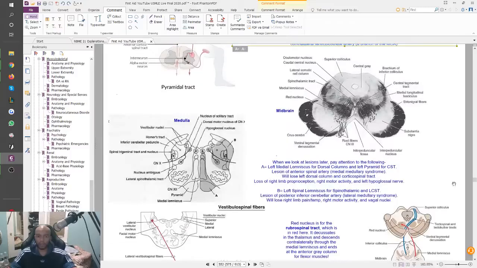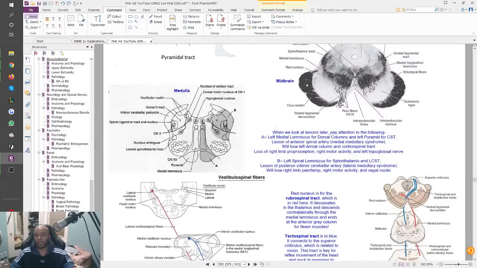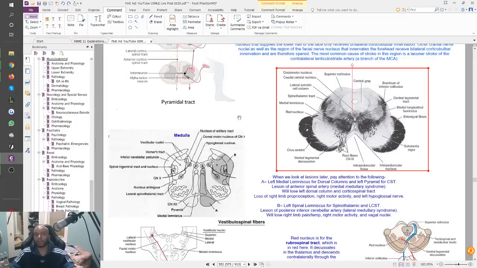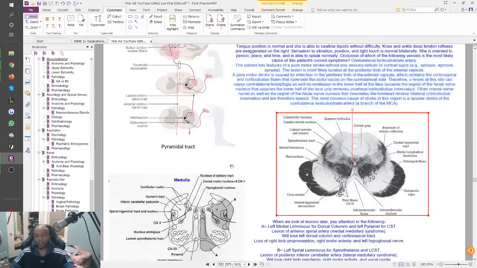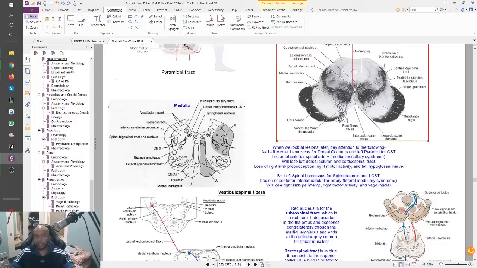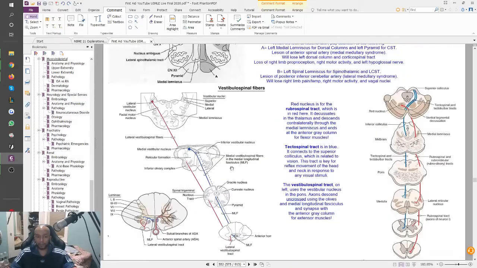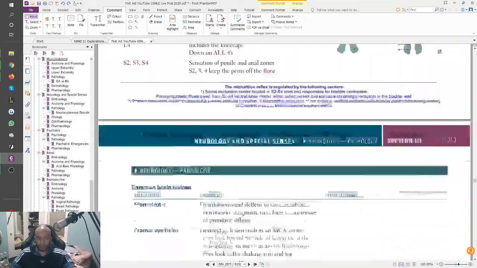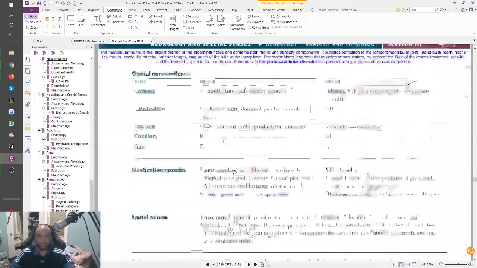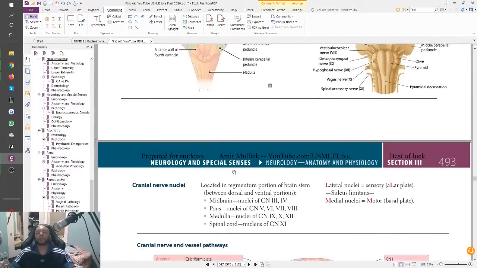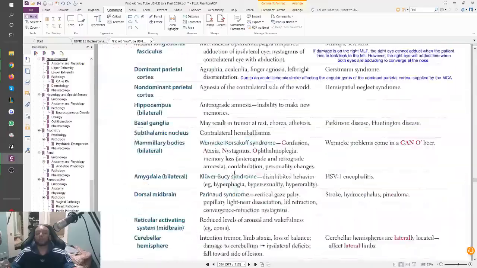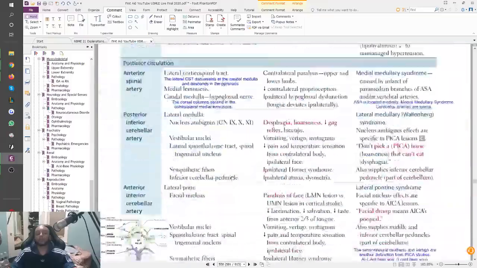So again, you want to make sure you spend good time really getting a handle on different cross sections, whether it be the medulla or your spinal cord, what it looks like, and then of course later on things get even more complicated when they want to talk about the pyramids and where it is, the different tract lesions, right, with your... what were they called, with the tongue deviating in, oh, right here,